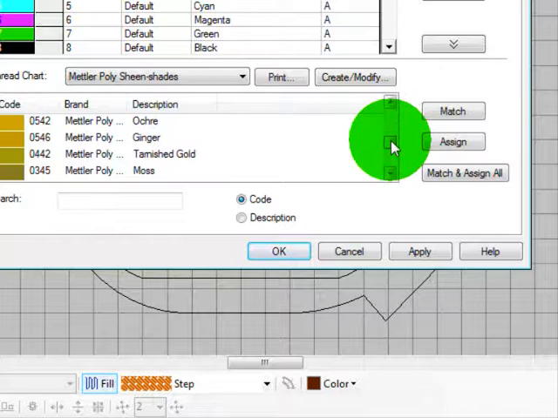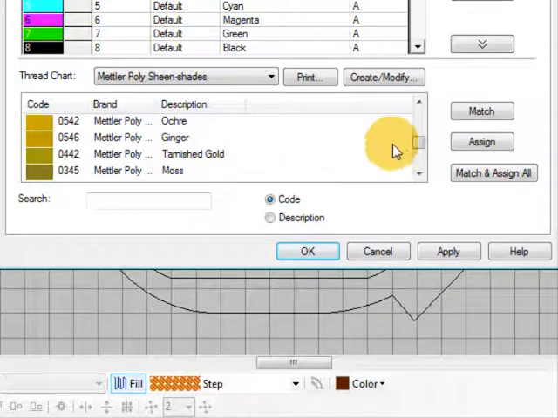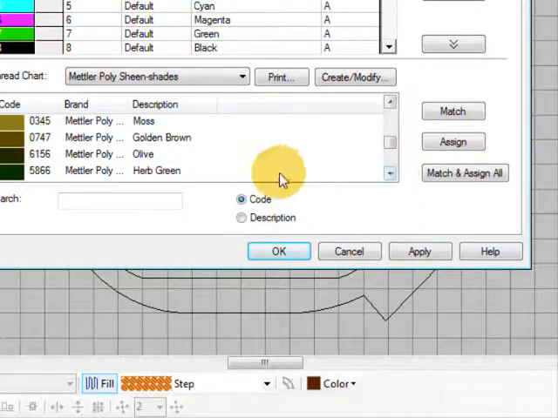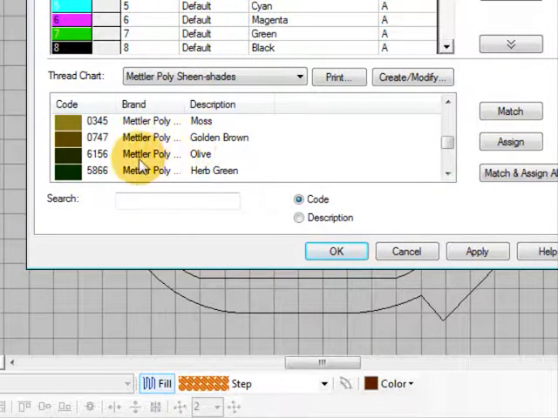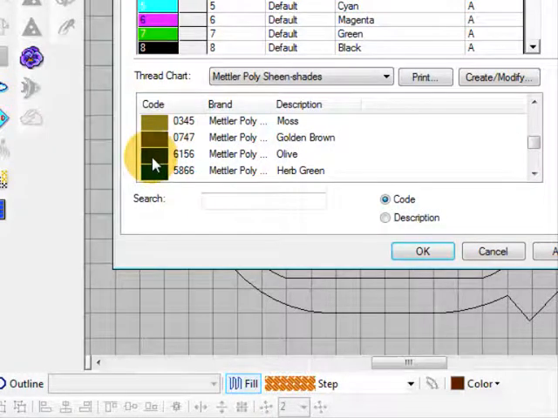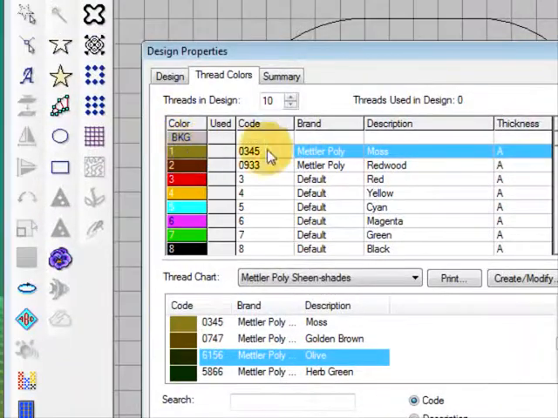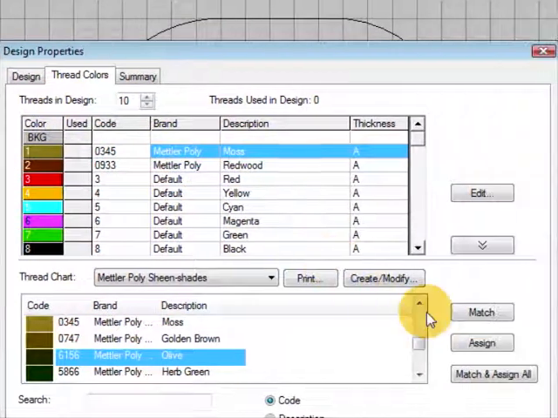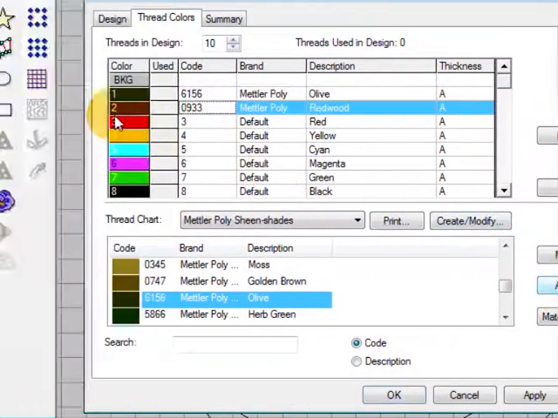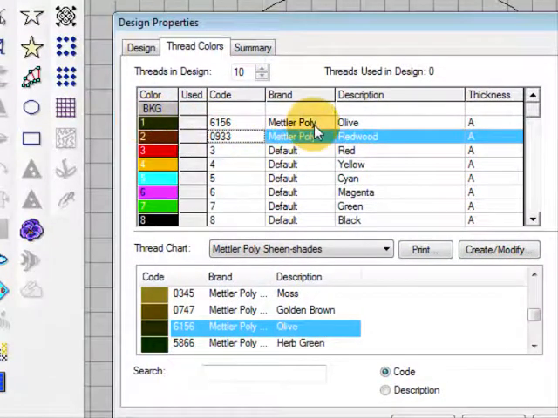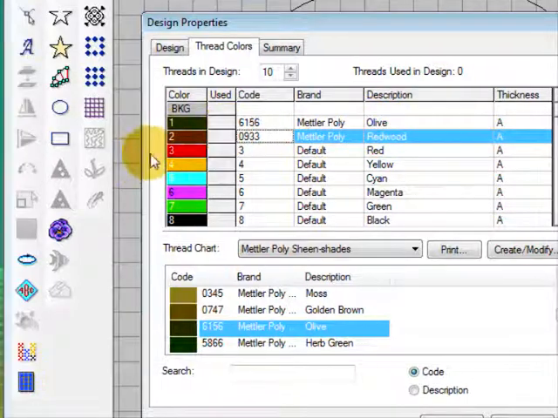So there's the moss green I had in there, but if I wanted to change to a different green, I could just go down here and maybe I want to change it to the olive green. And once I've done that, I've got this one selected up here because it's blue. I can just go assign, and that will change the colour to the Metallopolyshene olive colour and move down to the next colour. So I can then go in, I might like that brown, so I'm going to leave that,